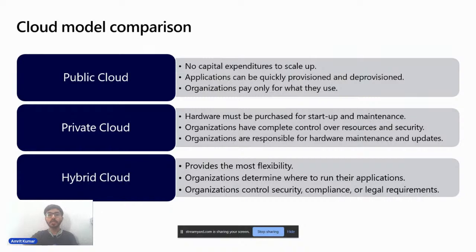In a private cloud, hardware must be purchased for startup and maintenance, and organizations have complete control over resources and security. Organizations are responsible for hardware maintenance and updates.